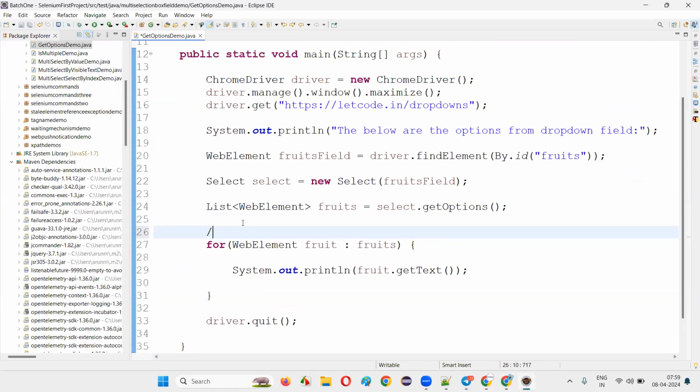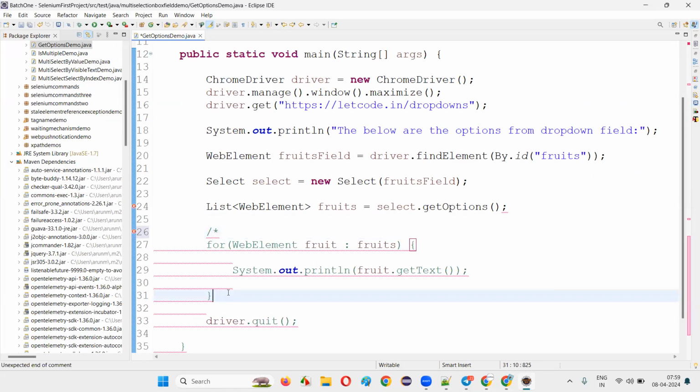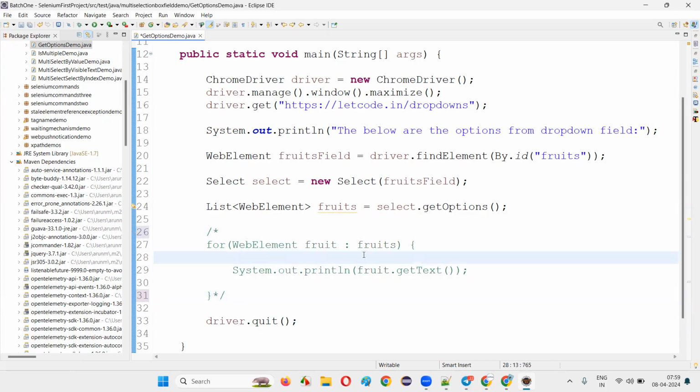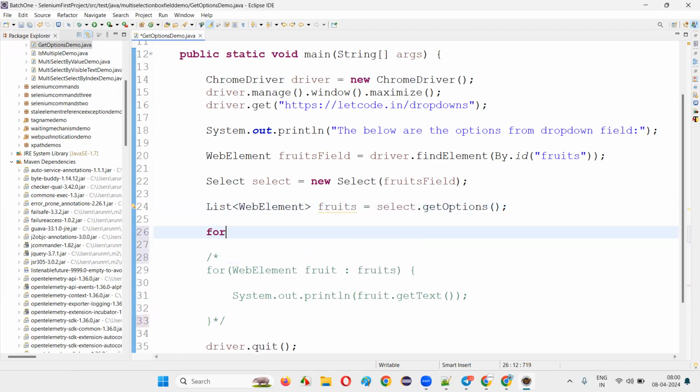I'll just comment this out. We can go with the for each loop, and in the first iteration we have to make sure that if the fruit equals select fruit, don't print it. That way we can do it. Or another better way is that for